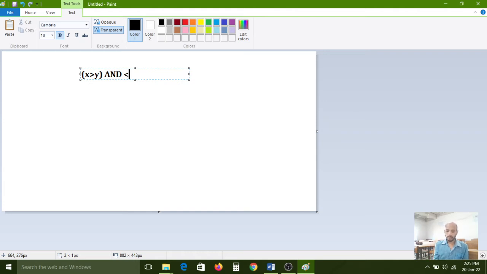So here, y greater than z. Okay, this is also one expression. If this condition is true and this condition also becomes true, if these two conditions are satisfied with the AND operator, then it will produce the result as a true condition. Otherwise it will produce a false condition.